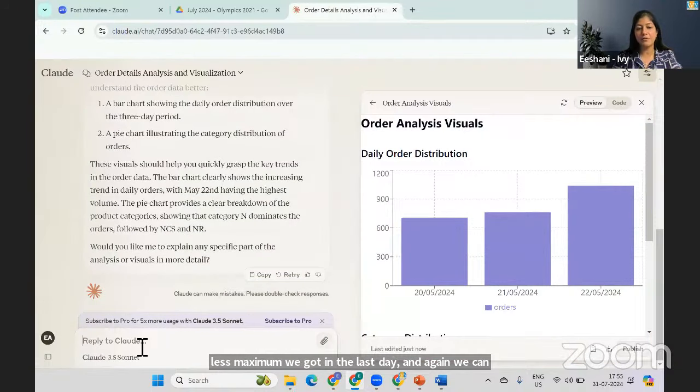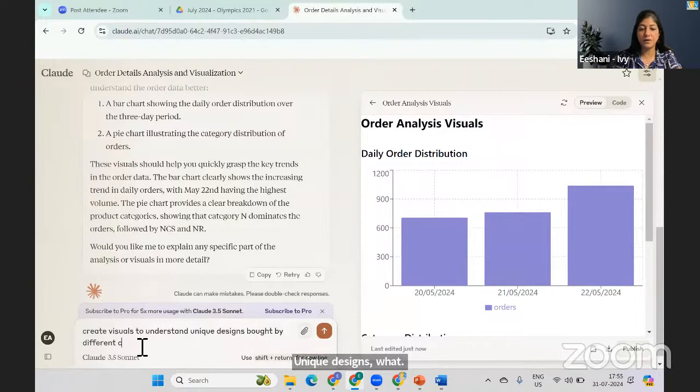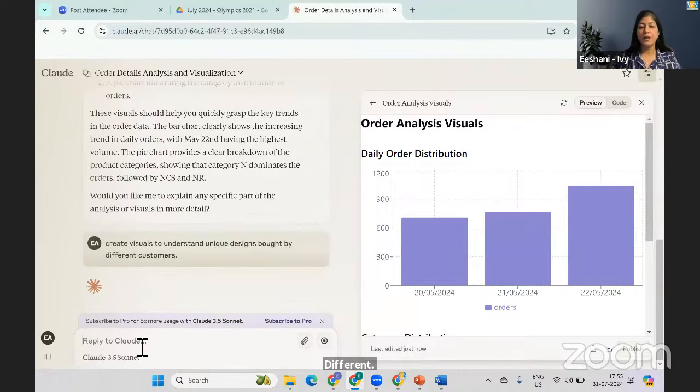For example, if I wanted it design-wise, and prompts are always important, what I wanted to do is create visuals to understand unique designs bought by different customers. So a lot of business users